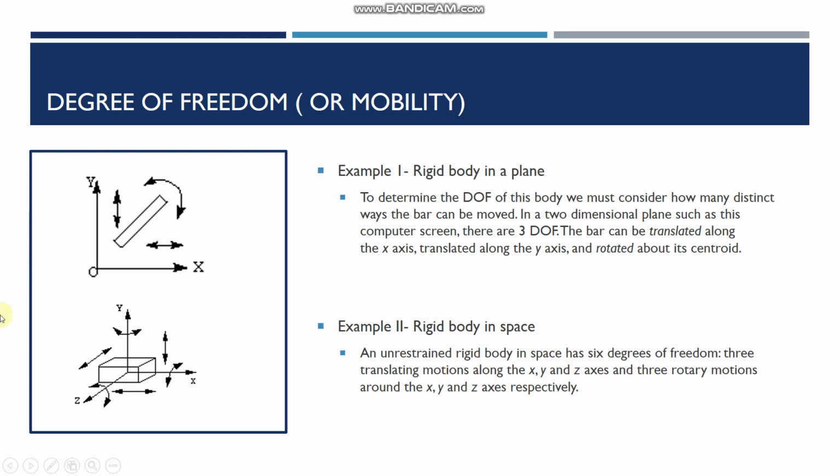Now let us take the example where we have a 3D object in space. To determine the position of a 3D object in space, we would need in total 6 variables. We would need the x, y and z components of its centroid, where the center of this 3D object lies in the 3D plane. And then we would need 3 other variables that correspond to the 3 rotary motions of the body along the x-axis, the y-axis and the z-axis. So a rigid body in space has 6 degrees of freedom.